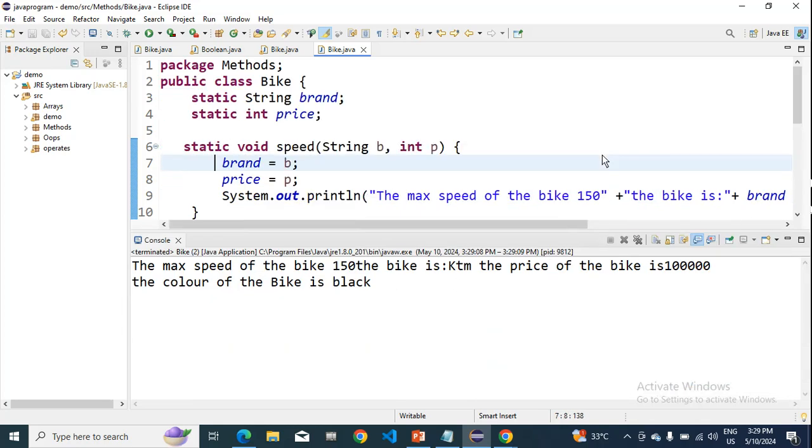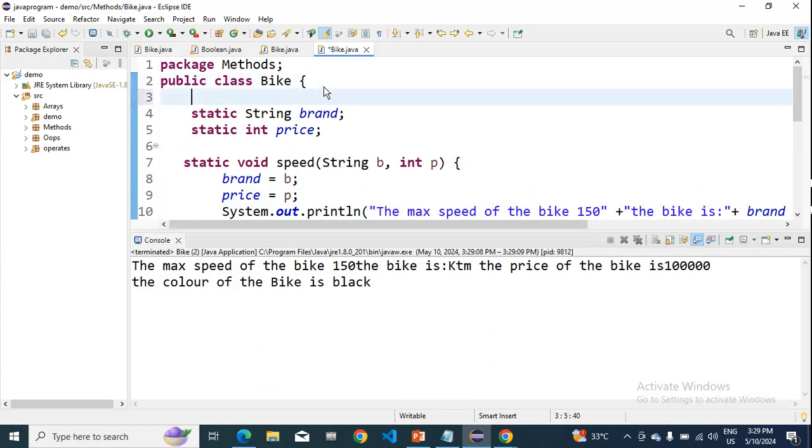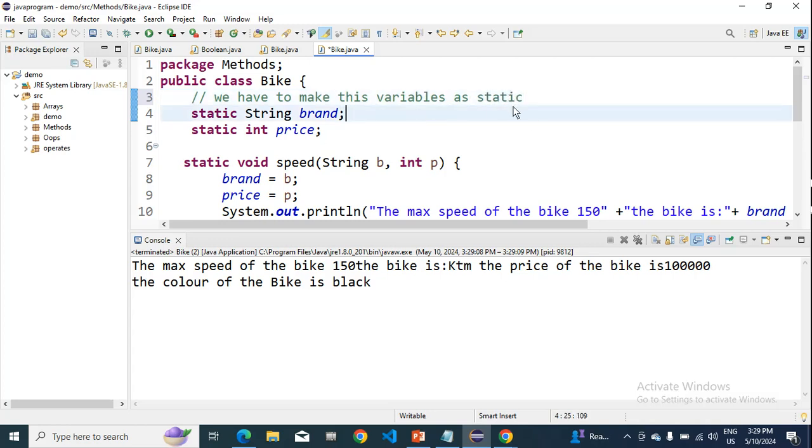So what we have to do is make these variables static. So this is what we have to do